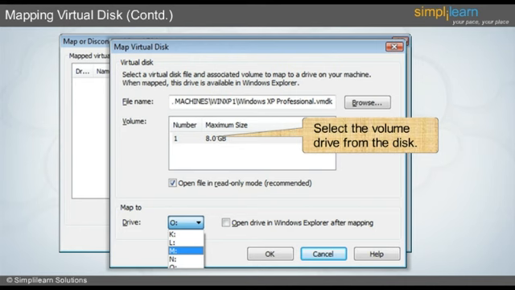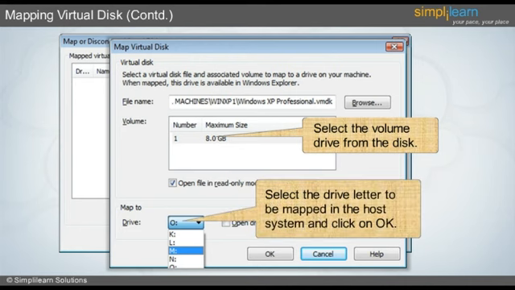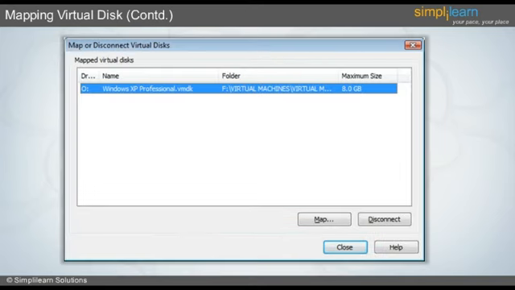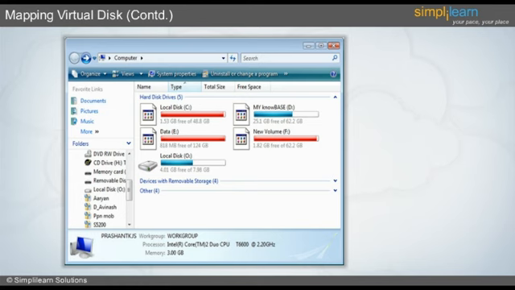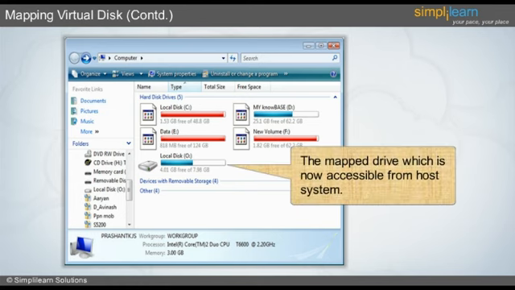This should be followed by selecting the drive letter to be mapped in the host system and clicking on the OK button to continue. On completion of the steps mentioned in the earlier slides, it will be observed that the device is listed in the panel. It will be observed that the mapped drive is now visible in My Computer, which is now accessible from the